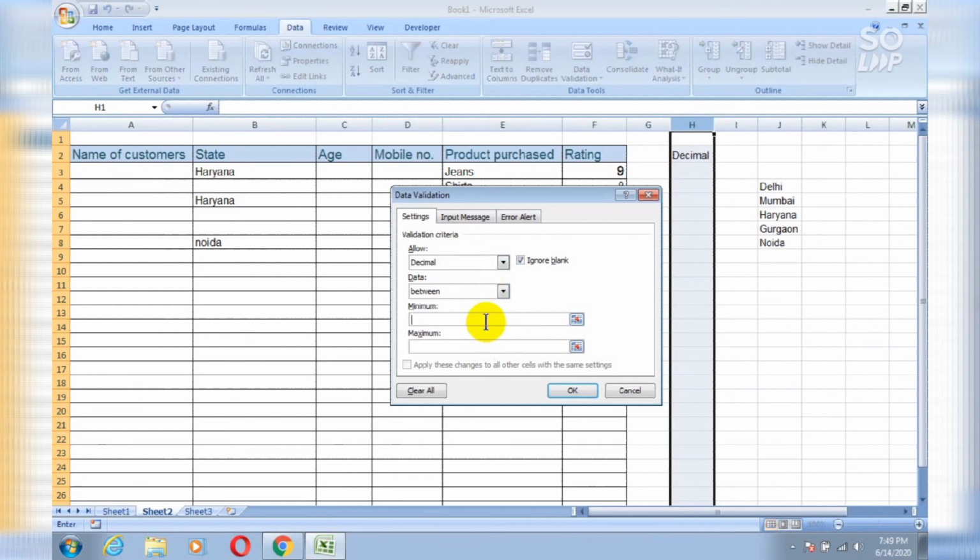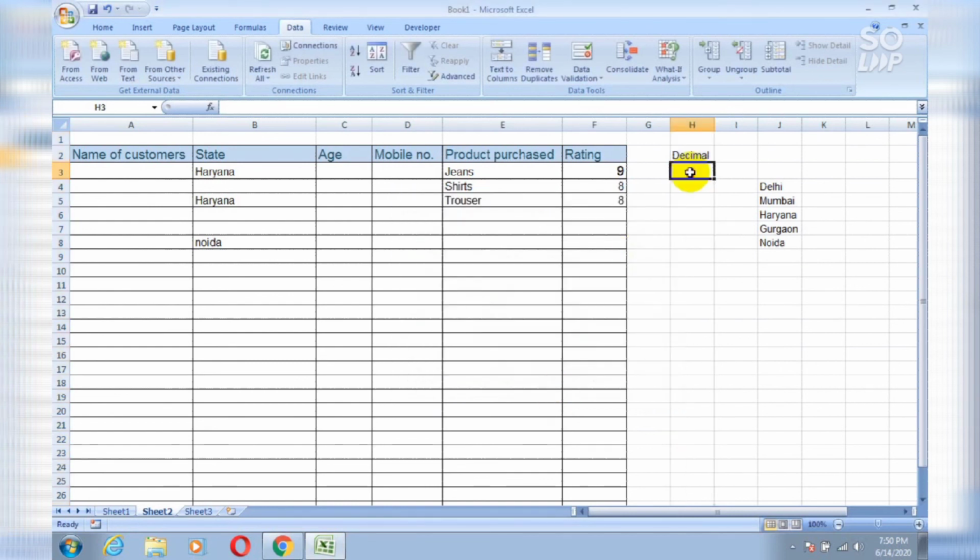And from data select between or whatever you want to select and in minimum you can type 1.5 or whatever you want to type, and maximum I type 10.8 and then simply press OK.